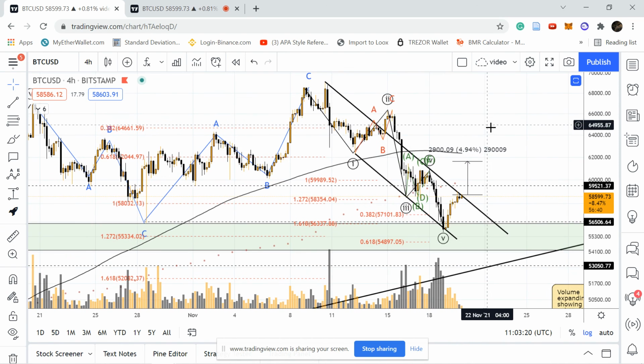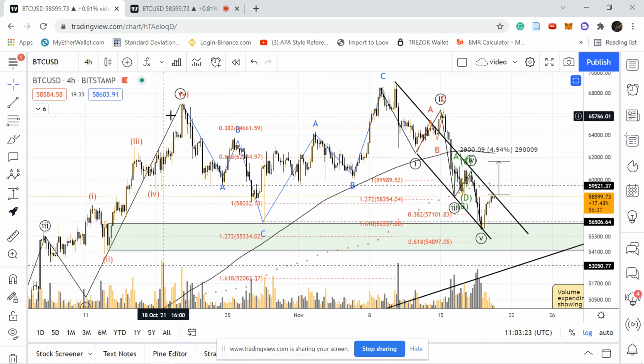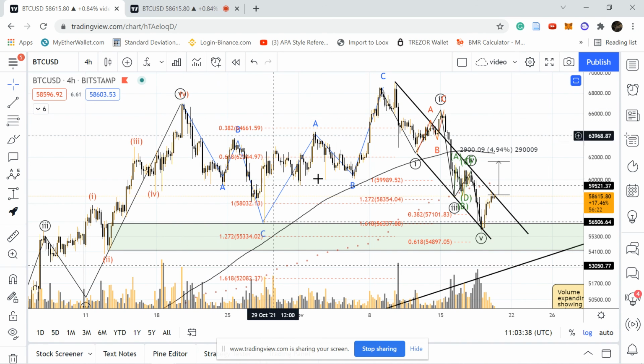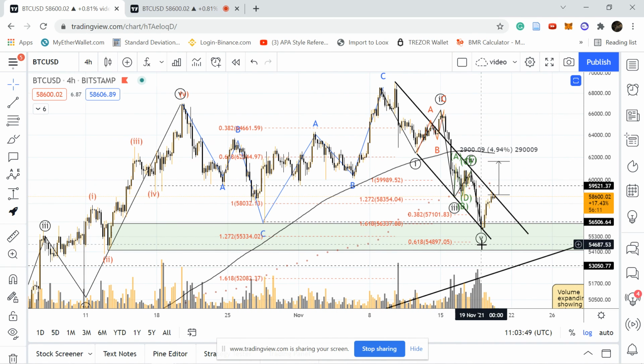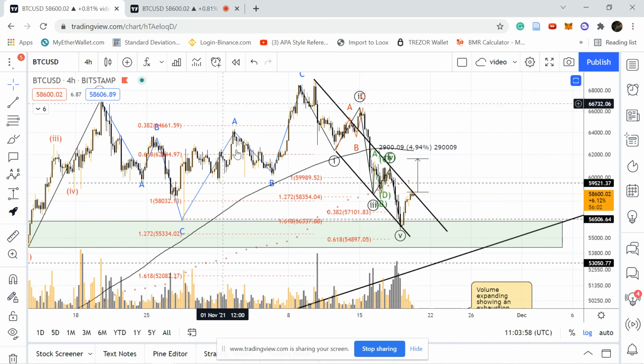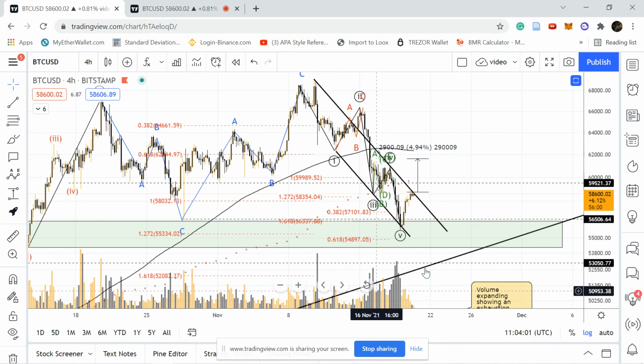Now, another concept is that the correction usually travels between 100% and 127% of wave A. I know there are a lot of waves, but wave A in this correction is this one. If we look at the bigger picture, wave A goes all the way out to this wave C. Then we have wave B here, and now we are in wave C. Okay, so this is the 120% level, and it's the 55,300 level. So these are a confluence of different